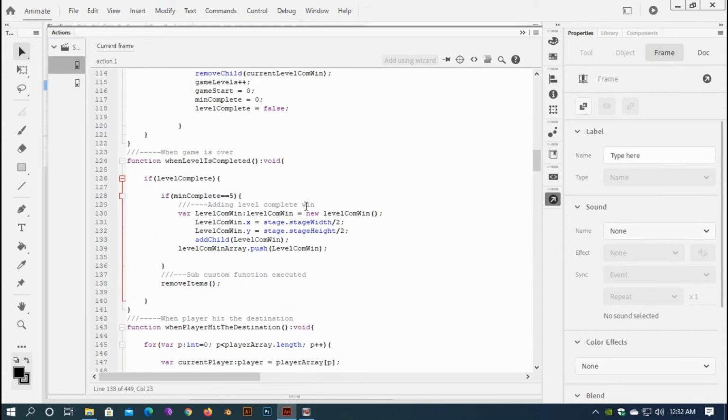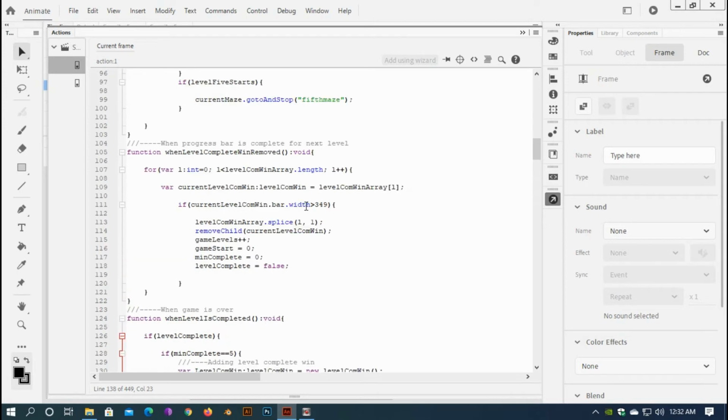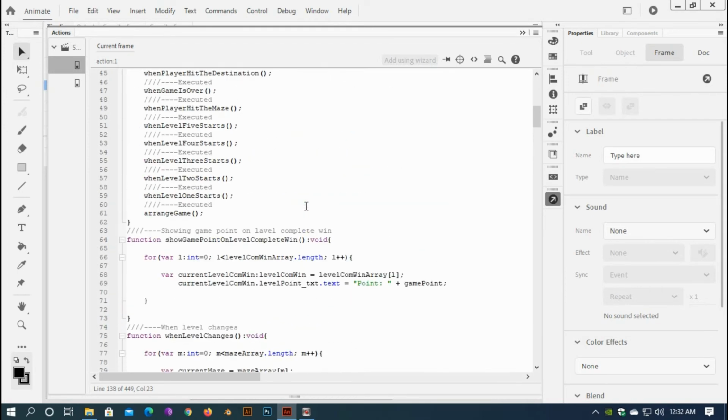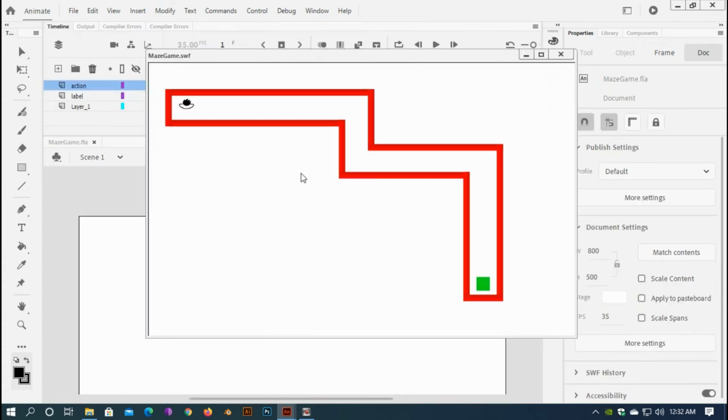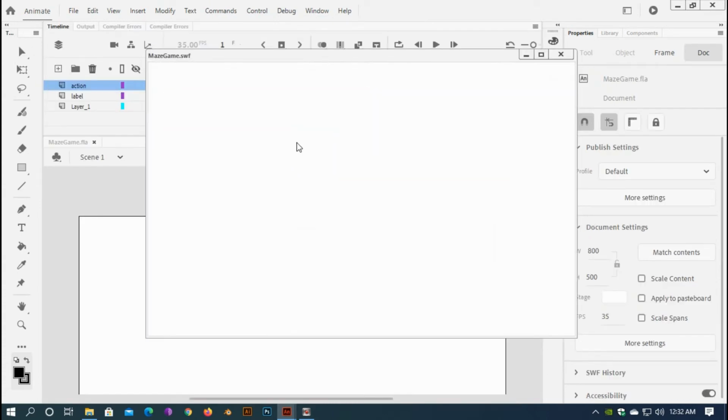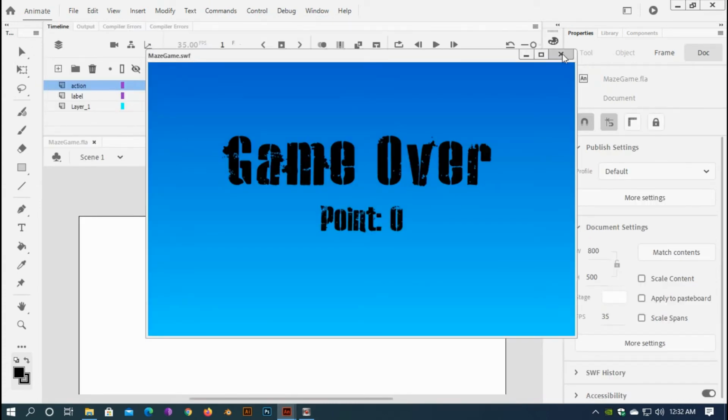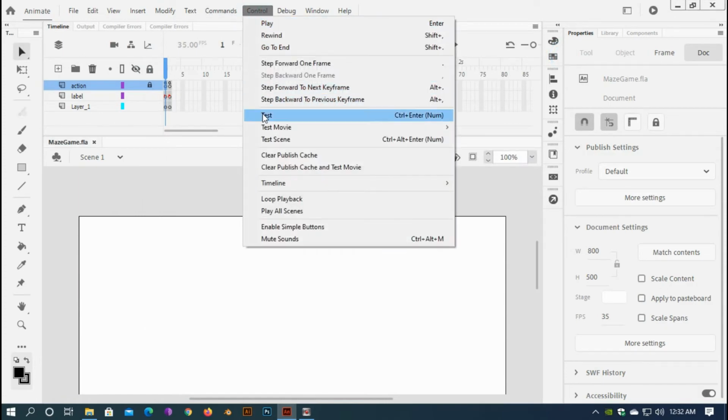When game over and when level complete, the result will be the same. Okay, if I test it, Ctrl+Enter, and if I hit the maze, game over, it's okay, and test again,